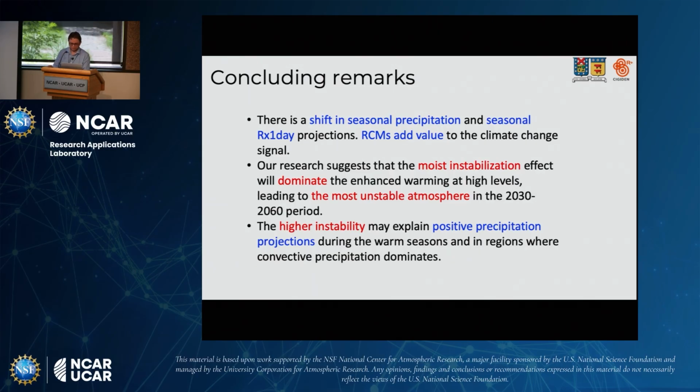Well, it's important. Second, our research suggests that the moist stabilization effect will dominate over the stabilization effect of the enhanced warming in the upper atmosphere for this period. And the final one is that when models simulate higher instability, they tend to produce positive precipitation changes in the warm season. So this is important because it may explain why they have such different sign and magnitude of changes in this region. So with that, I finished the first part of my presentation, and I will move on to